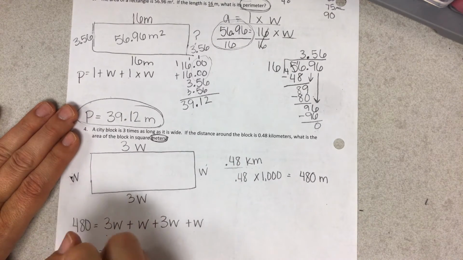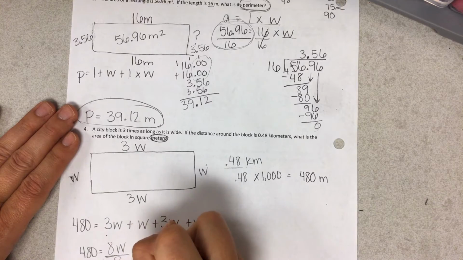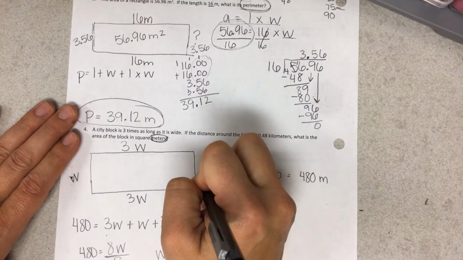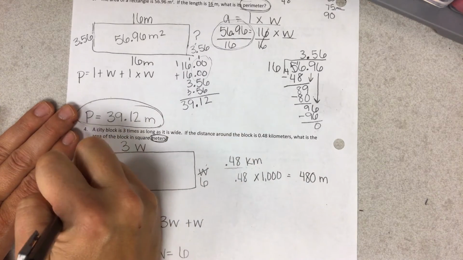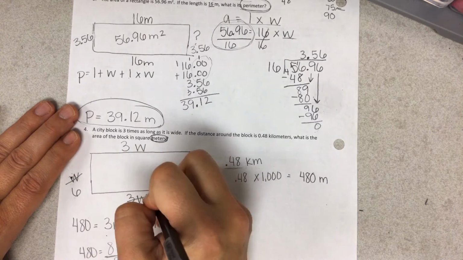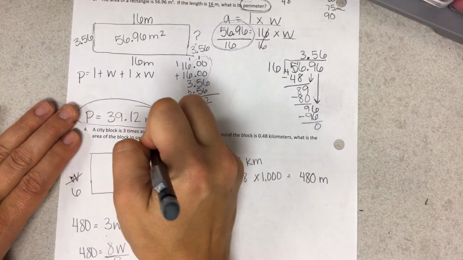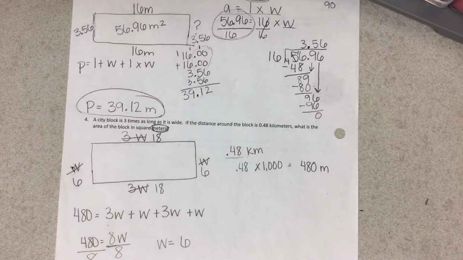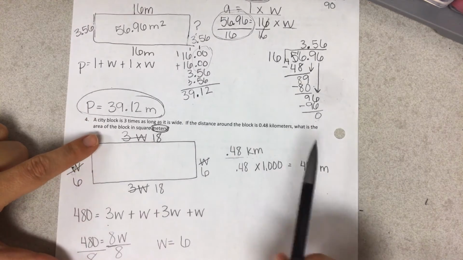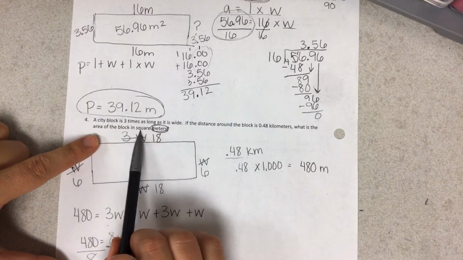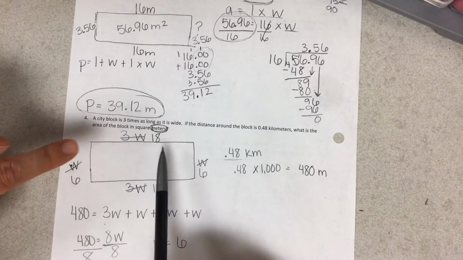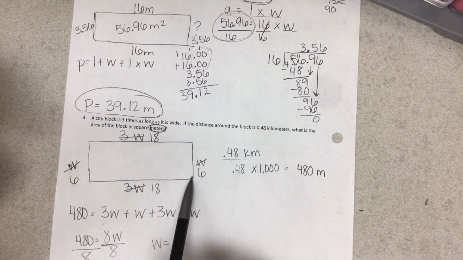And I'm going to divide this by 8. So then I know that my width equals 6. So this is going to equal 6. This is going to equal 6. But if I take this 3W, that means this equals 18 and this equals 18. Okay, so then what I'm going to do now is it wants to know what is the area of the block in square meters. So I'm going to take this 18 times 6,